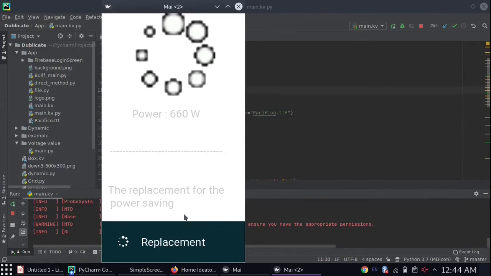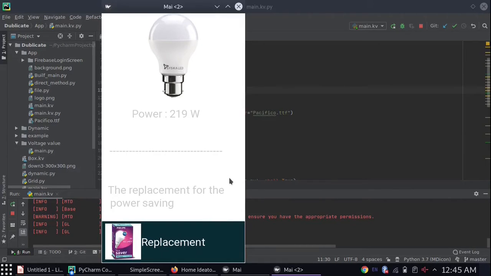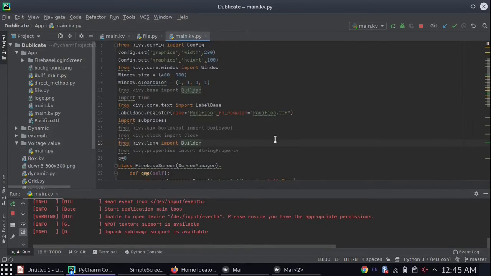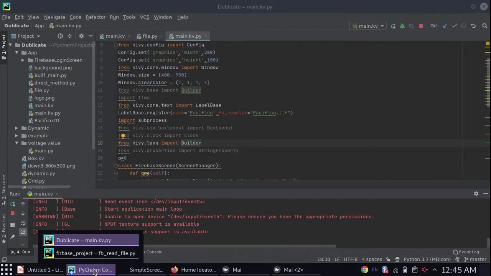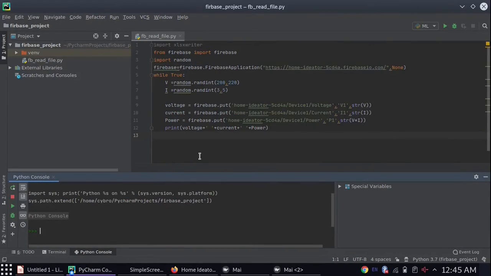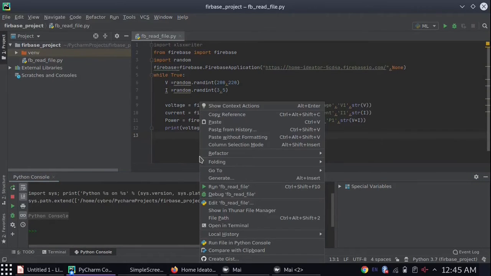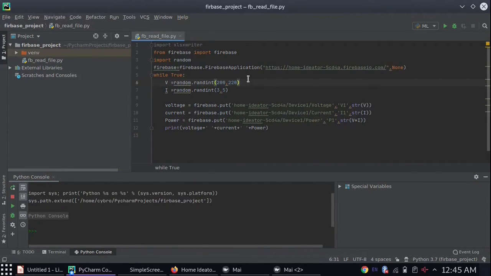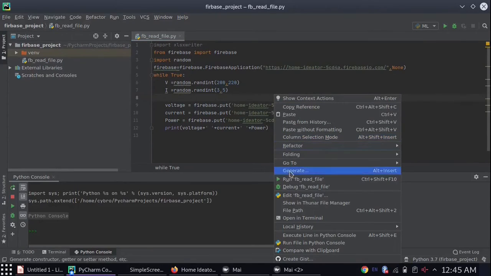I'm going to show you the details, and this is the loading which is taking place. Here you can see a replacement and a power rating. It is going to change when the data starts to run, and it will show the current values. I made a dummy program to work around this, because we are not currently using any hardware. I just wrote a simple dummy code, which will help me act like a device.